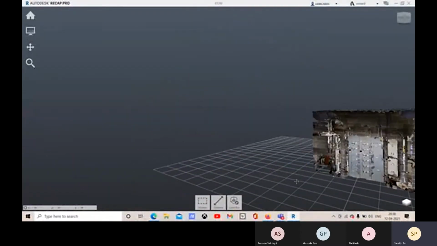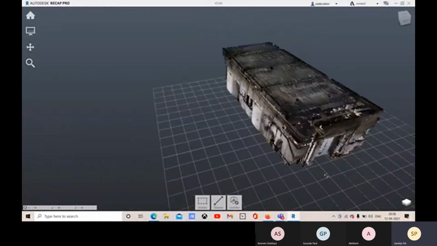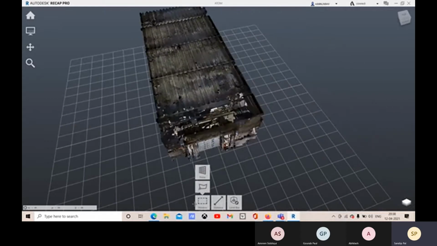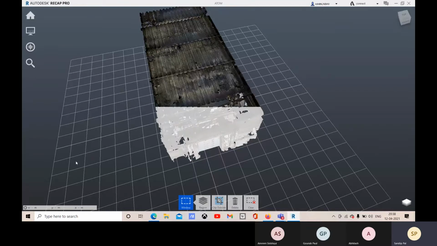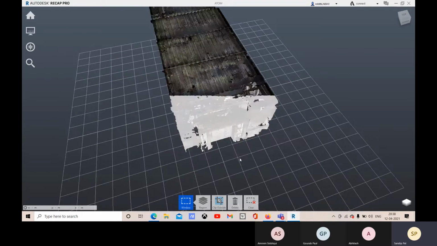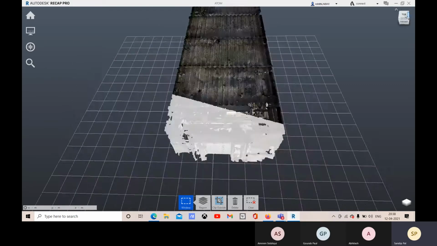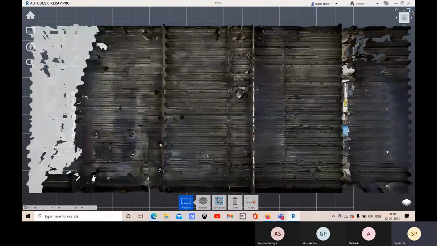And we also can select some objects there. For that we have this selection here. Like that you can select some objects. Okay, and after that, if you don't need this part, let me just show you from the top.